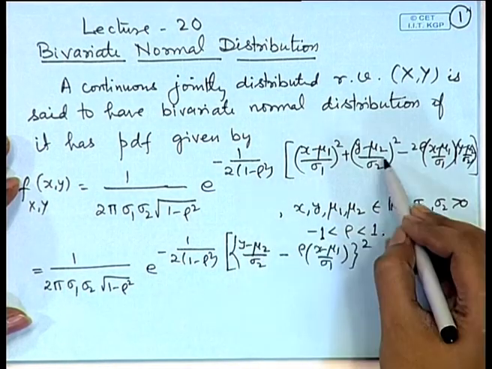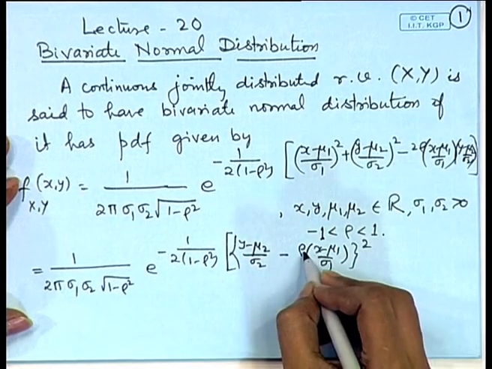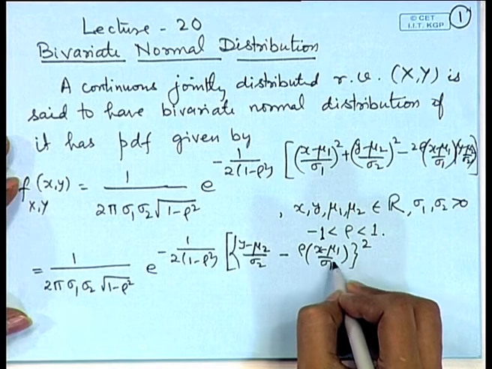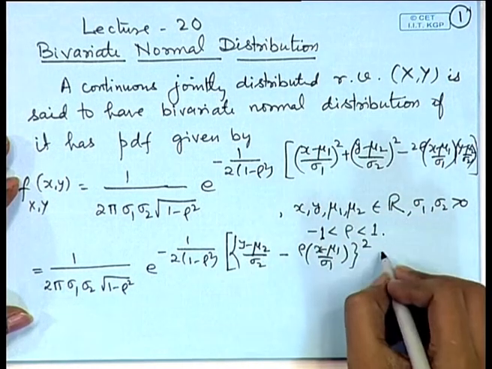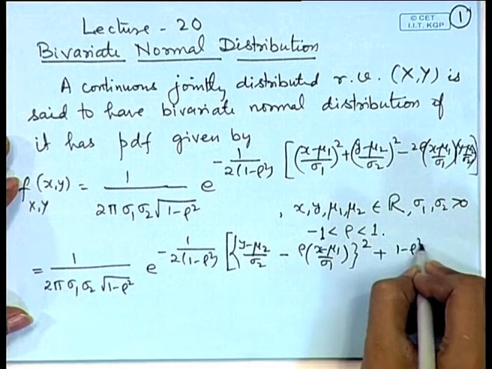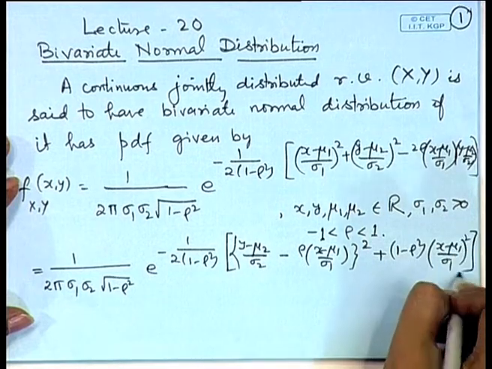Now, this square corresponds to this and the cross product term corresponds to this. That means I have added rho square into (x minus mu 1 by sigma 1) whole square. So, if we subtract this, I will get the term (1 minus rho square)(x minus mu 1 by sigma 1) square,